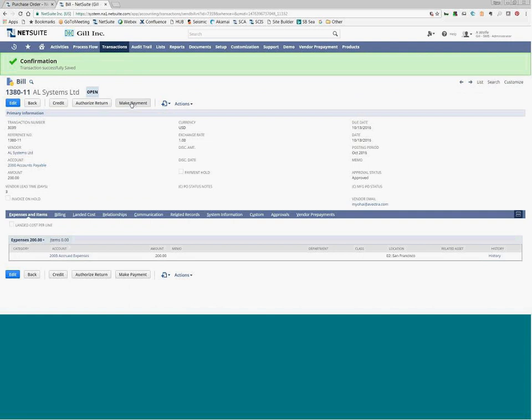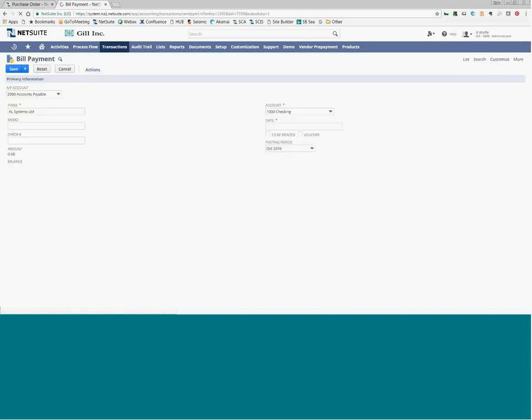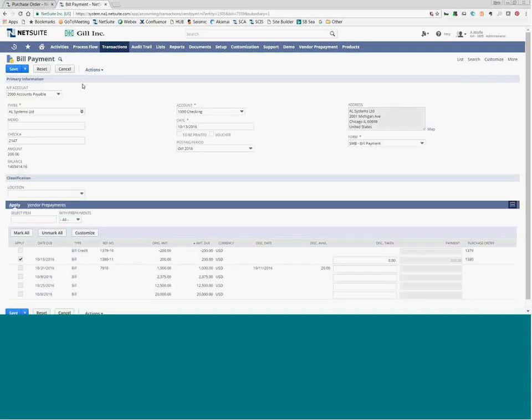Now you see the button appear for make payment, and just like with a normal bill, you can go ahead and make a payment. In the bill payment screen, we'll notice there's a checkbox already next to the associated bill. What that does is automate the vendor prepayment that we already created, and it starts the sweeping process of bringing that into a bill payment of the prepayment bill. We aren't into the vendor bill on the purchase order yet. We're only paying the prepayment bill at this point,